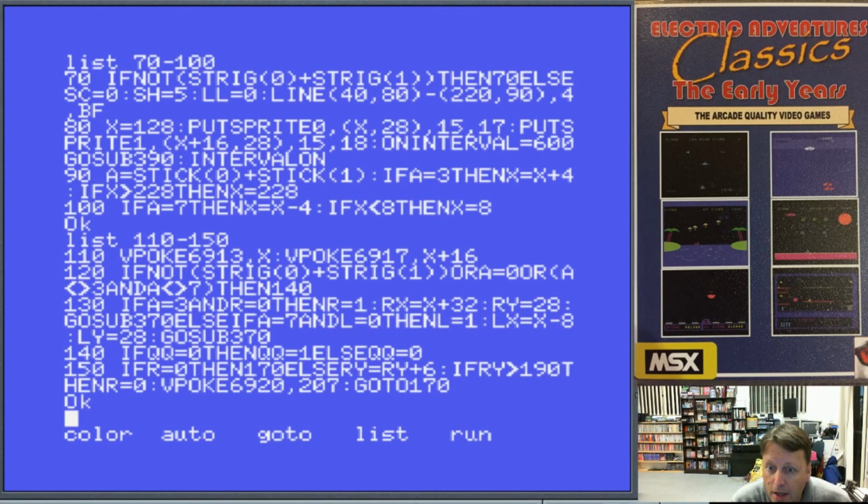Okay, line 110, we use VPoke to quickly set the X coordinate of our sprite chip without having to do a full put sprite, which would change all the values and take longer. So that's the fast way of doing it. Line 120,